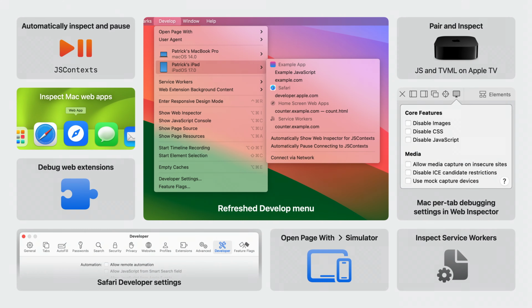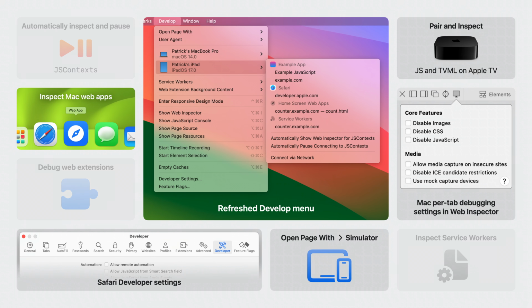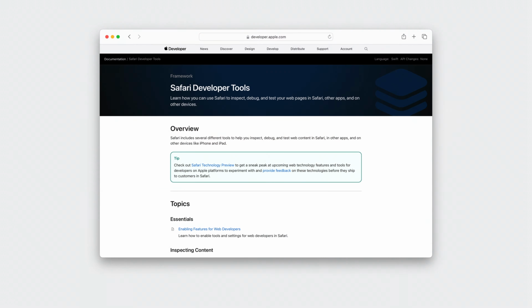And with that, we've come to the end of our tour of the tools and features available in Safari to help developers like you. And we've only brushed the surface. In addition to everything we've talked about today, Safari has even more to help you debug your content, including all of these features and enhancements in Safari this year. We've also written new documentation for Safari features for web developers to make it easier than ever to discover what tools are available and how to get started with them.